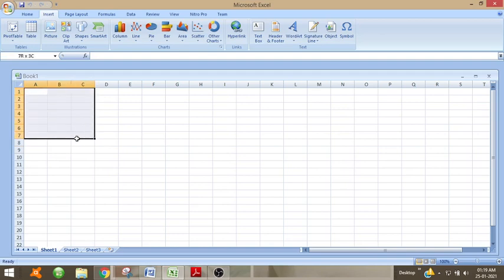So it will select from, suppose we are selecting this much. So if we are selecting row wise, if we are selecting column wise, then we will consider from C2 to F2, that is C2 colon F2. Or if we are selecting like this, then we can write C1 colon C9.